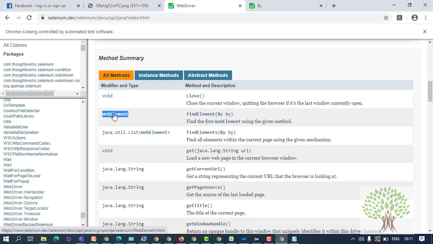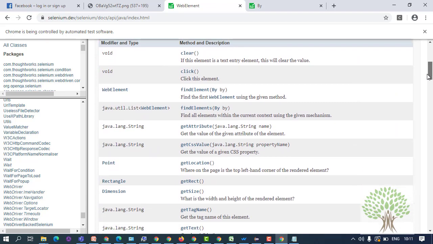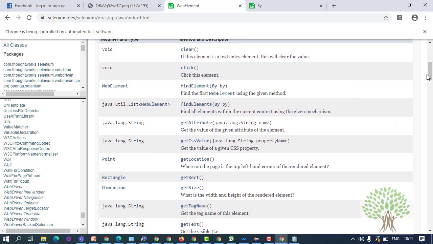Web element is an interface in Selenium which represents a generic HTML element. The web element interface has got functions with which you can interact with the elements on the web page.